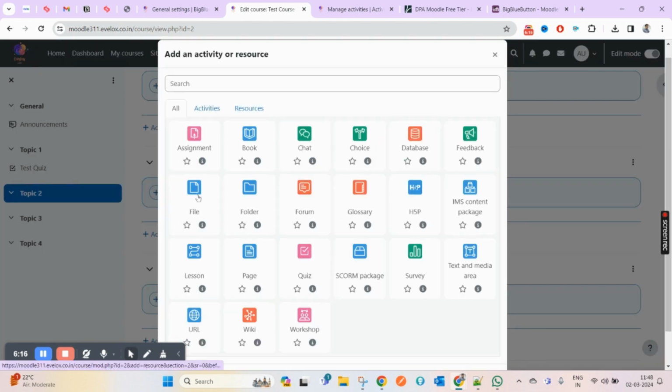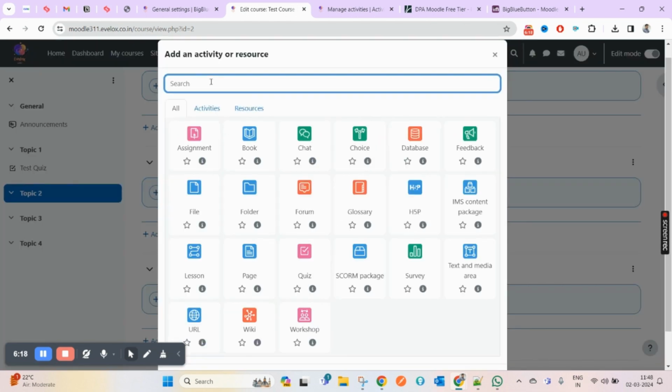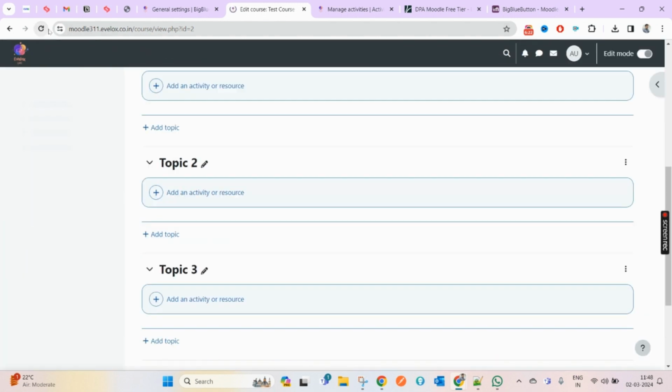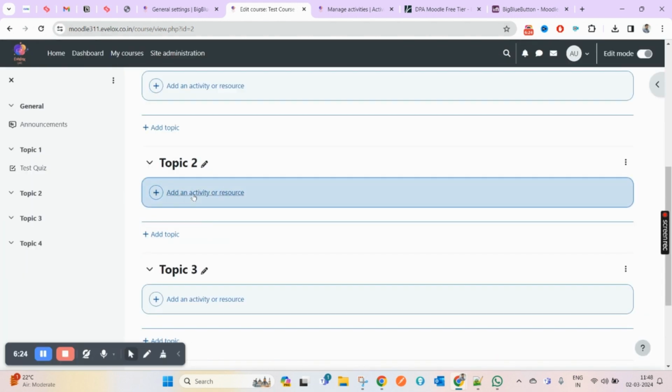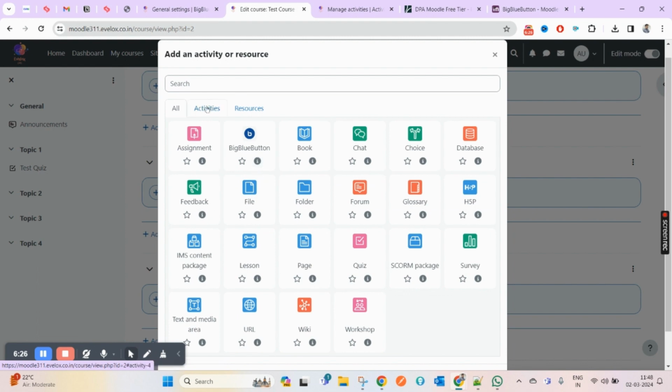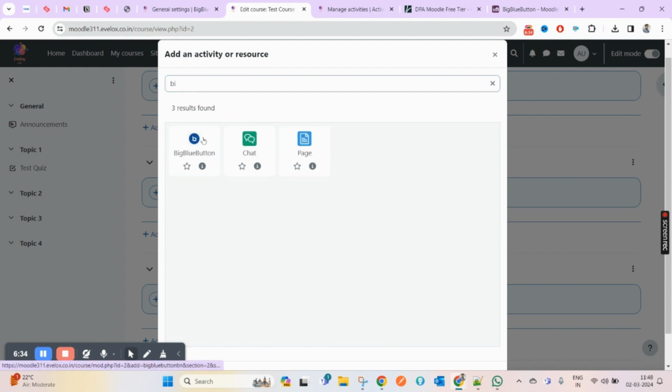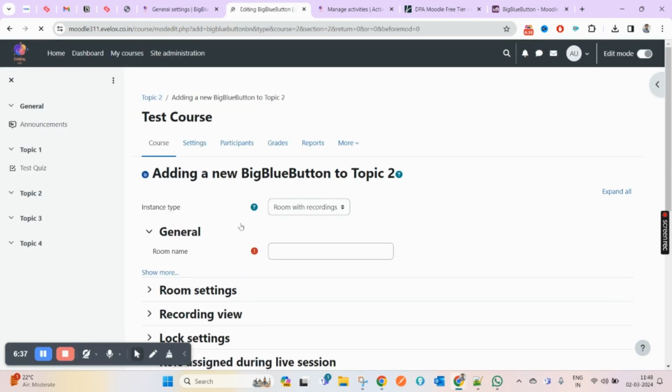Here I am going to add; you can search for Big Blue. Sorry, I will have to refresh this page because I just enabled it. Now you can see Big Blue Button on top here. If you are having difficulty searching, you can type here and the record will be displayed. Now click on this, my first session,